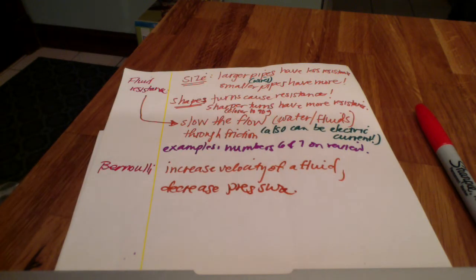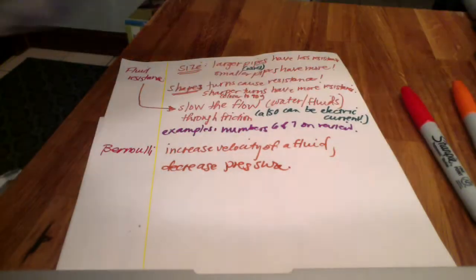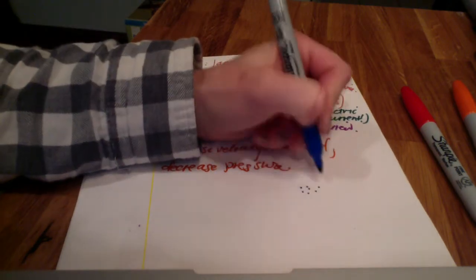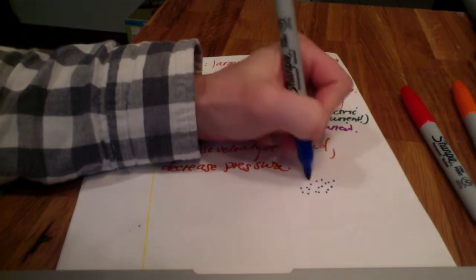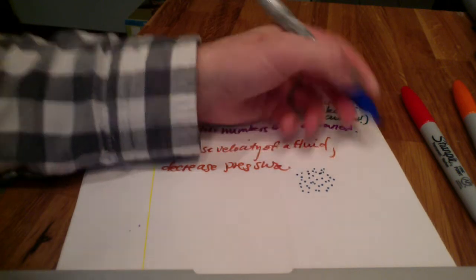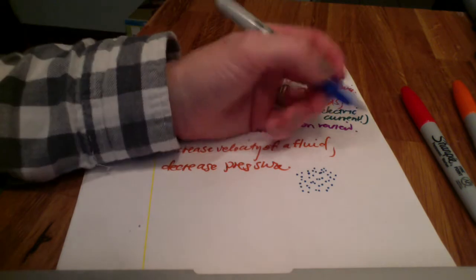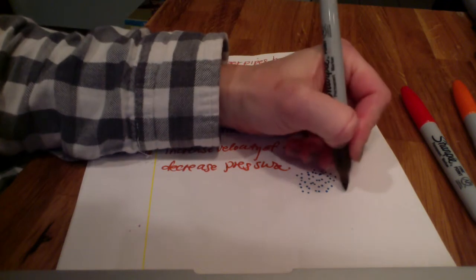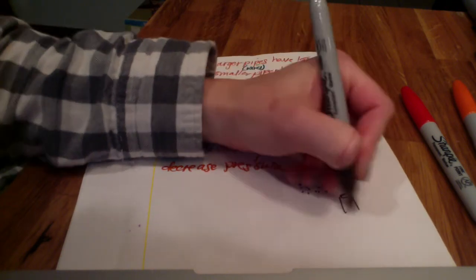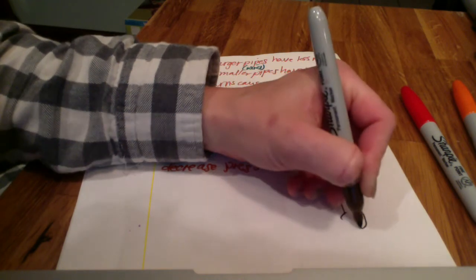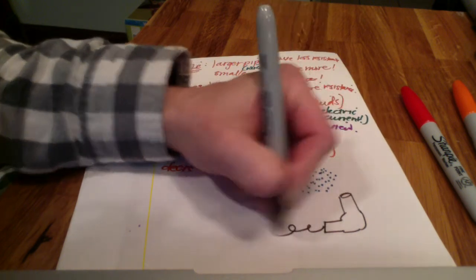Now you might be thinking to yourself, I don't get that. Let's draw a picture. Air is invisible. But let's pretend like you can see it. When you have air flowing, there's little particles like this. Now, we'll call this the slower air. If you take something like a blow dryer and place it here underneath the actual air and turn it on, what you're going to do is dramatically increase